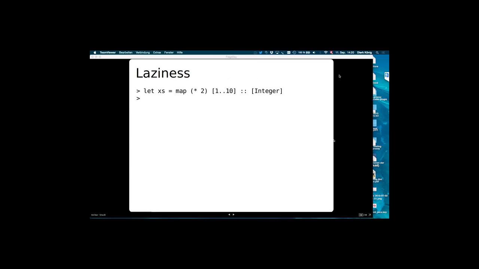But as it's lazy, we can inspect what happens when we do this, because GHCi has a function called sprint that we can use to look into what actually is here, what we know about this. If we execute this, we know xs is the thunk. This means it's a thunk, so we don't know which elements are in there yet. When we want to have the first element, we use the head function in this case. We get the 2 as expected, because 1 times 2 is 2.